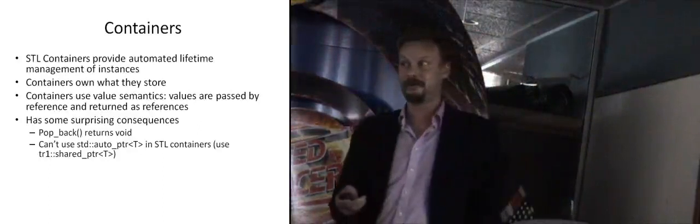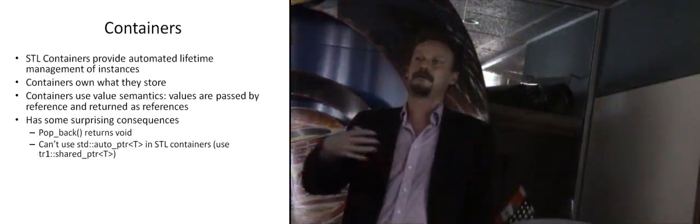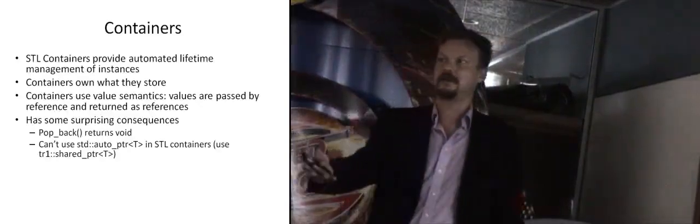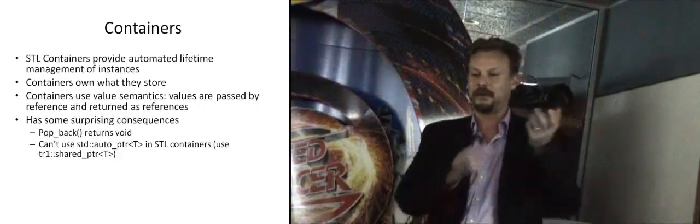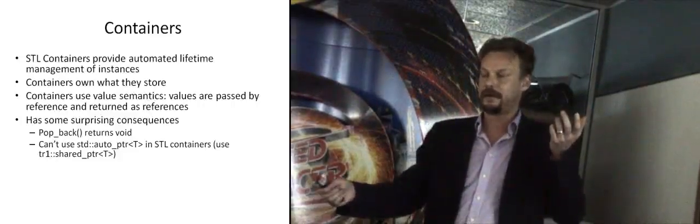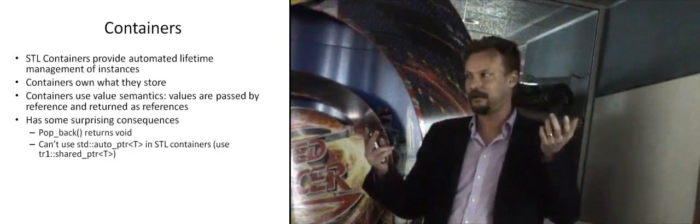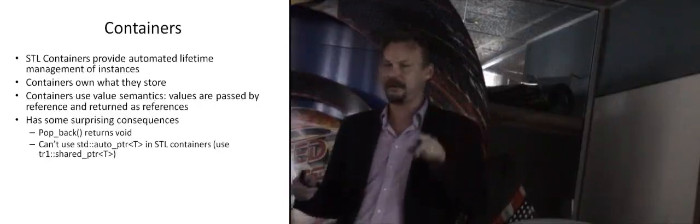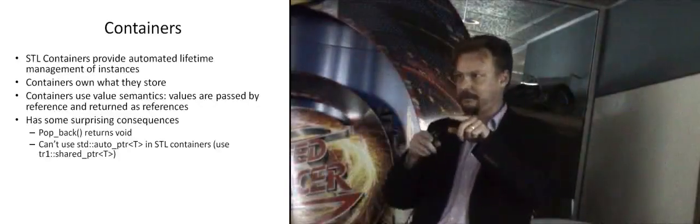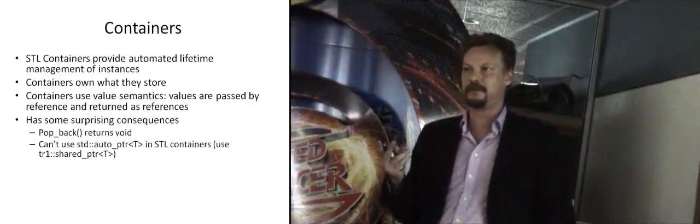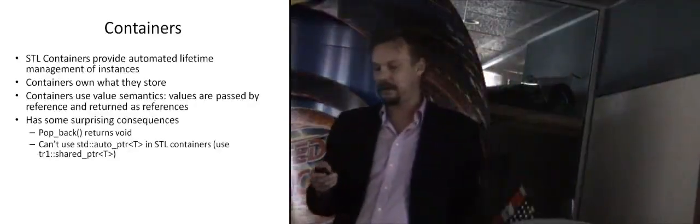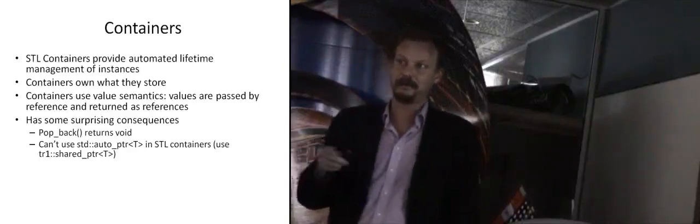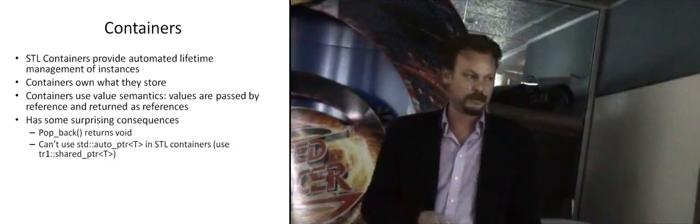I think we probably do that too much, and we could be saving ourselves a lot of trouble if we give the value lifetime management to the container instead of making an object, putting it in a container via a pointer, and then working with the container. Then we've got two levels of interaction: going through the container, through the pointer to get to the object. Everyone's seen that ugly syntax, open parenthesis, star, iter, close parenthesis, arrow, blah. That's two levels of interaction. If you're doing that a lot, you could think about putting the object in the container, and then you've only got one level of interaction and you don't have to worry about lifetime management.